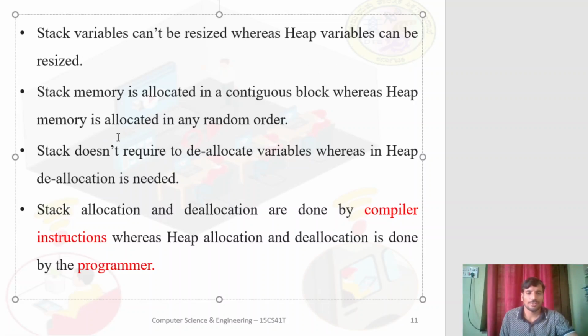Heap variables can be resized. Stack memory is allocated in a contiguous block, whereas heap memory is allocated in any random order. Contiguous block means the memory blocks are in sequence. Last time if 1000 memory block was allocated for an integer data type, next time 1004 memory block will be allocated for the next variable. Likewise, whereas in heap memory it is not in order. Okay students,